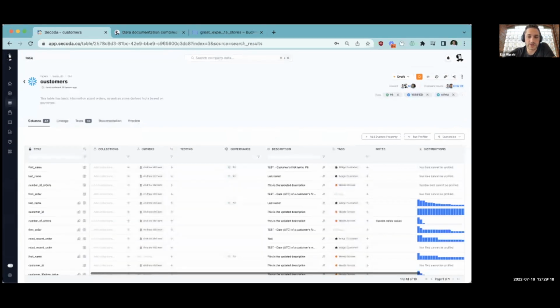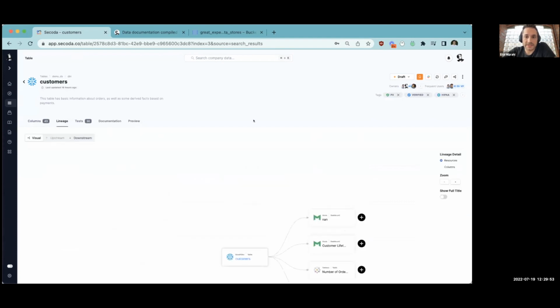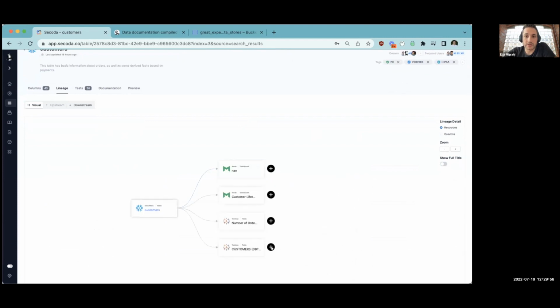In terms of the future of this integration for our team, right now, this is sort of our V1 point, let's call it 1.2. We are releasing a version 2 of this integration at the end of the month, which will extend the ability for Secoda to not only pick up the metadata stores from GCP, but also from Azure. We're also going to support more types of databases, so not just Snowflake and BigQuery. And the other thing that we're going to support is the ability to see Great Expectations within your lineage in